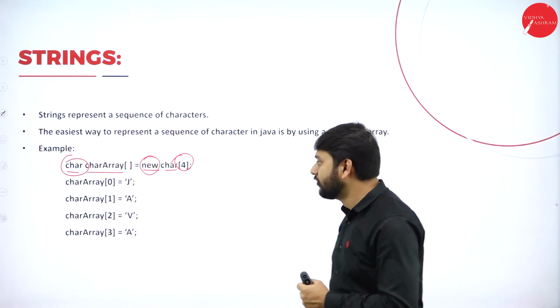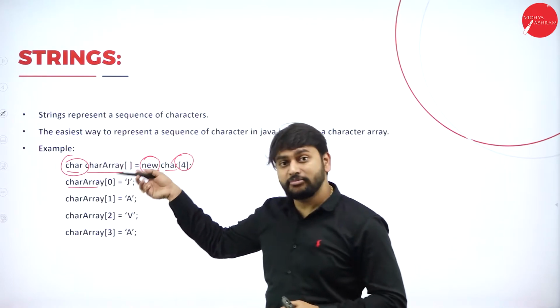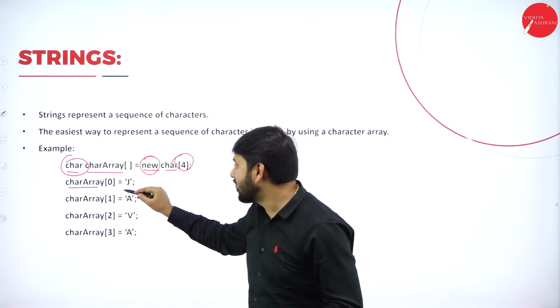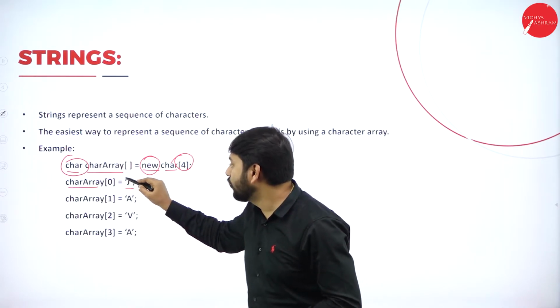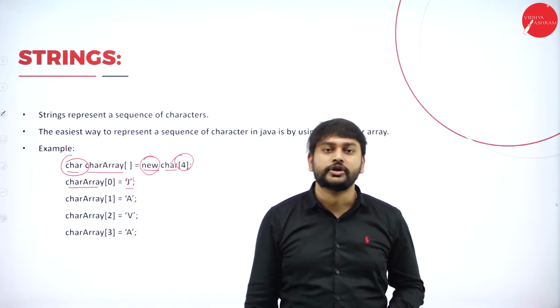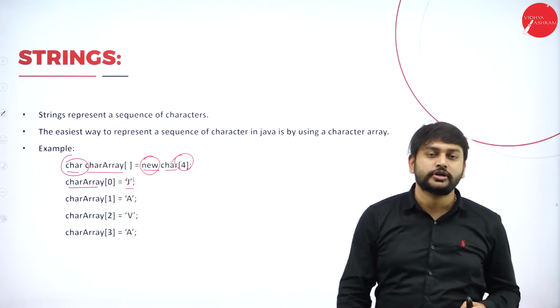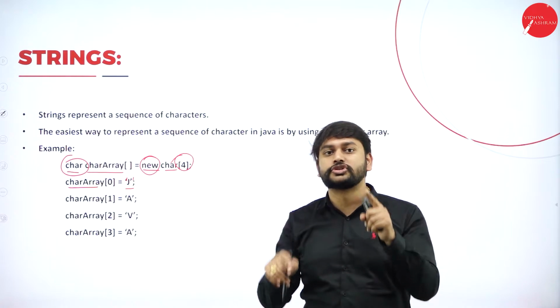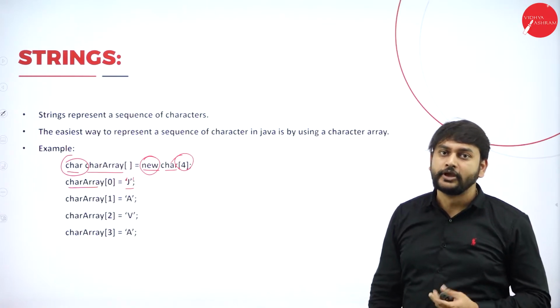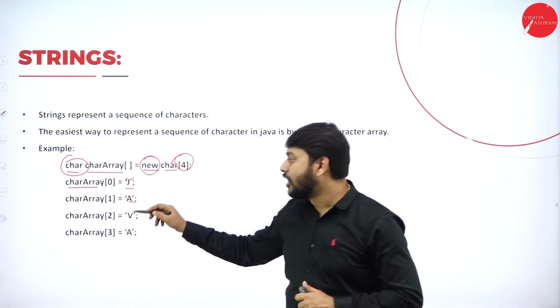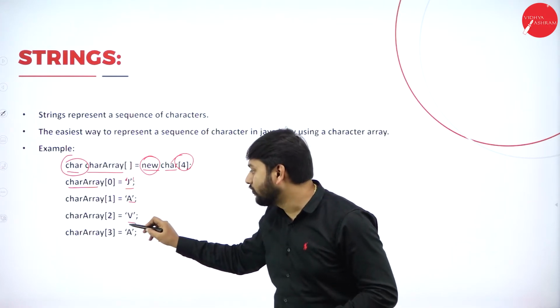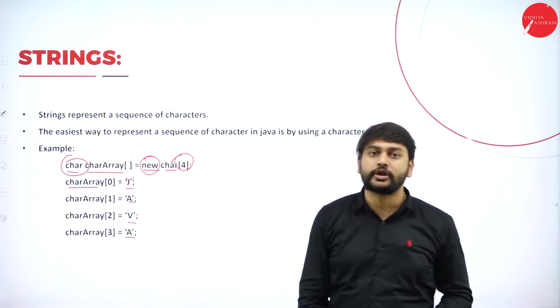Then how do I store the characters inside that array? Please observe. So character array is the name of the array. In the 0th location, I'm trying to store J. And please observe, I am enclosing this J with a single quote. I have already told you in the definition that I have to enclose it with quotes. Then in the 2nd location, I'm storing A. In the 3rd location, I'm storing B. And in the 4th location, I'm storing A.